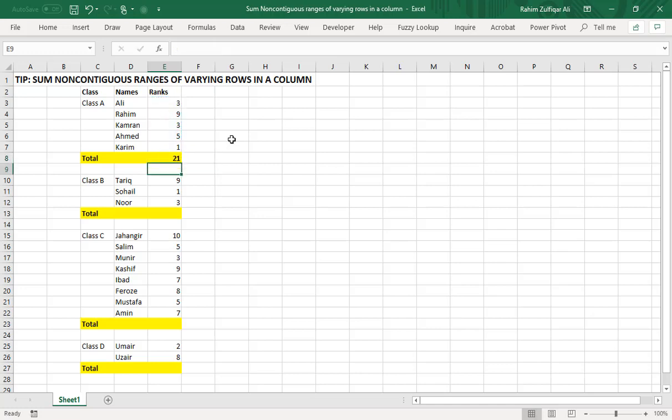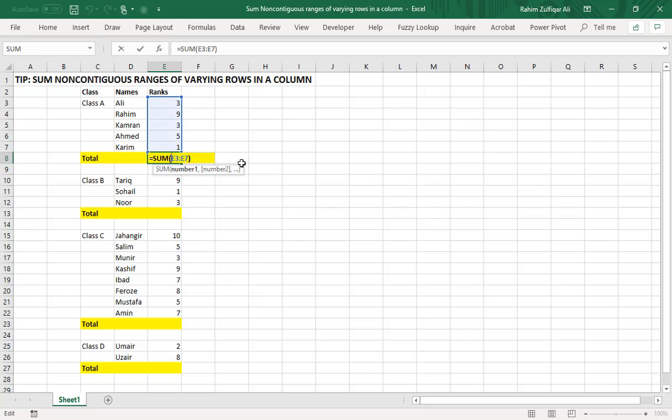There is one more technique, called the top to bottom approach. If I select these numbers and one extra cell where I want the total, and press Alt equals, the sum function will be executed.